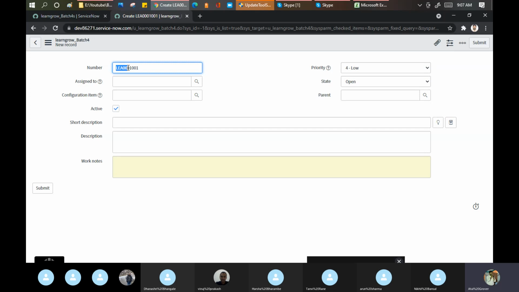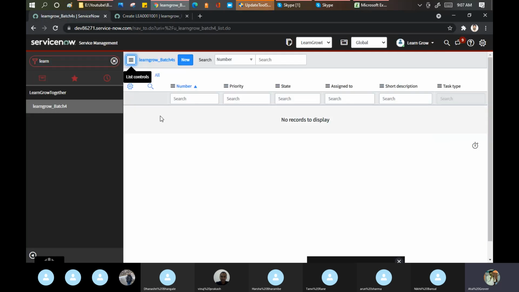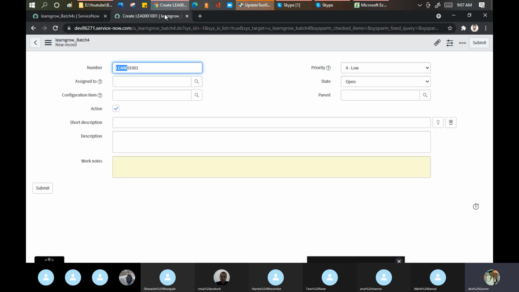00011001. In one table, you can put only one auto number, not two. Multiple are not allowed. And this is given by ServiceNow out of the box. Now I click on submit. Okay, no problem. Till this point, any doubt, any question? All agree? Guys, your yes or no is required from me.